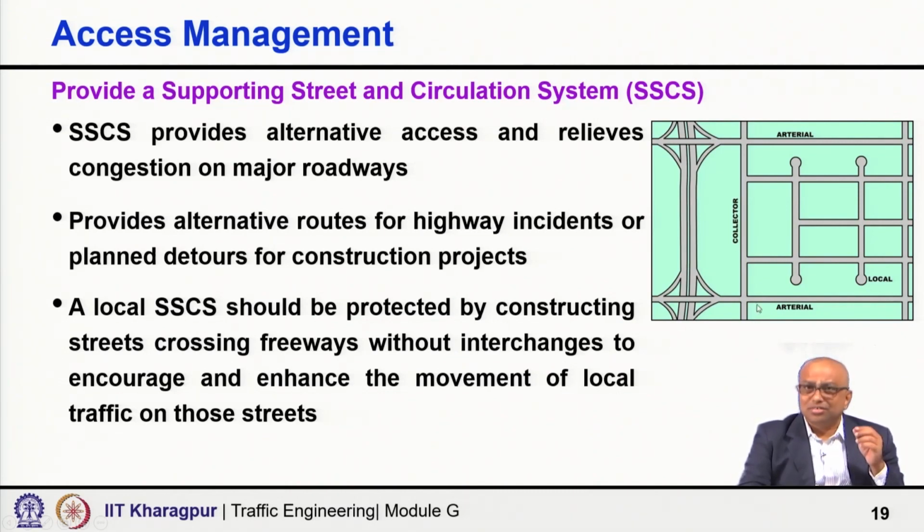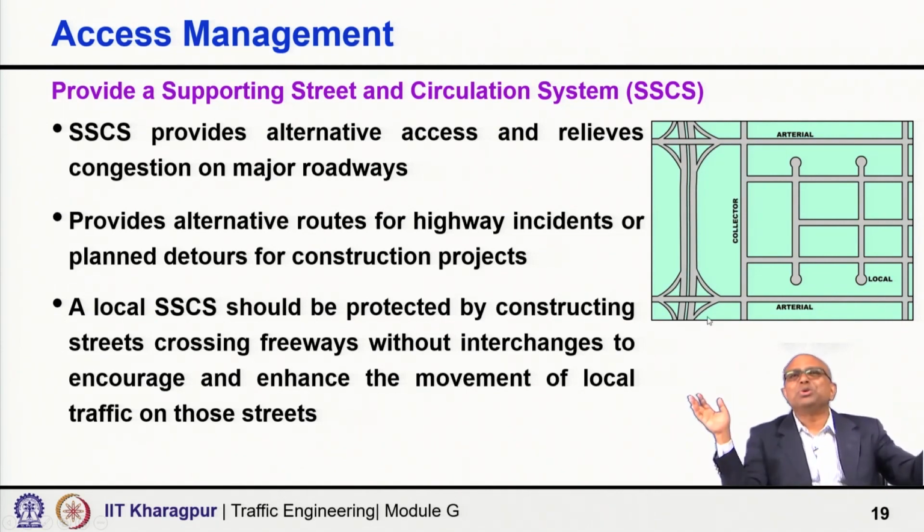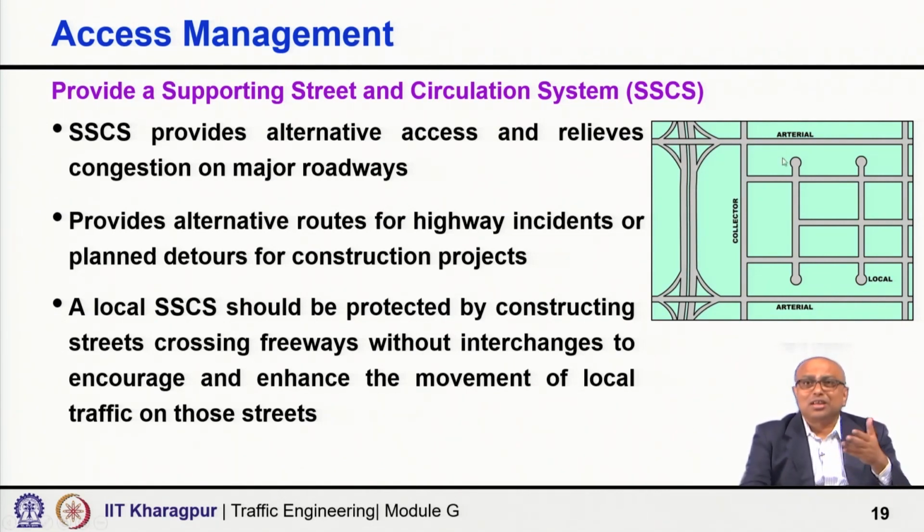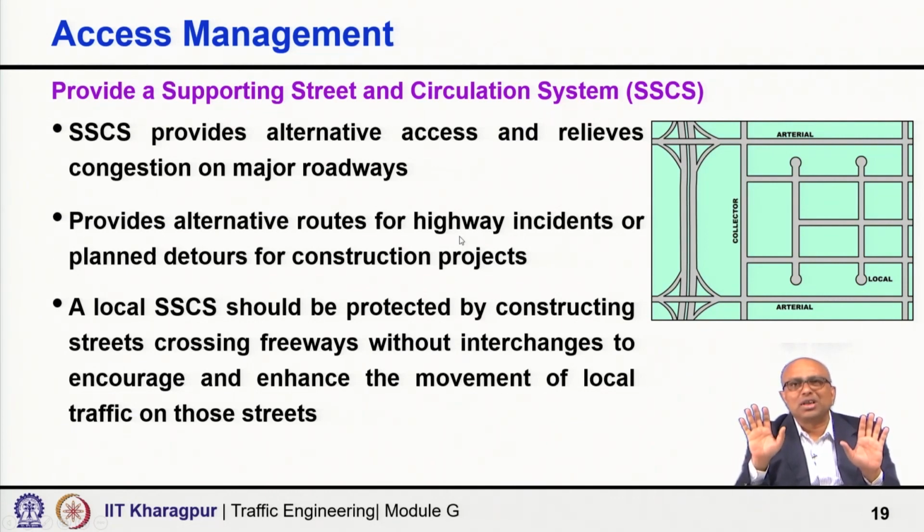That means, here it is defined at which locations we want the vehicles to meet the freeway. So, interchanges are provided there. But suppose in between two such locations there are habitations and the supporting street and circulation system is there on the other side also, and you want to get connected to the other side. There, it should be connected without a ramp, that means no direct connection to the freeway, because this is only part of this SSCS. People from this side who want to go to the other side have no need to go